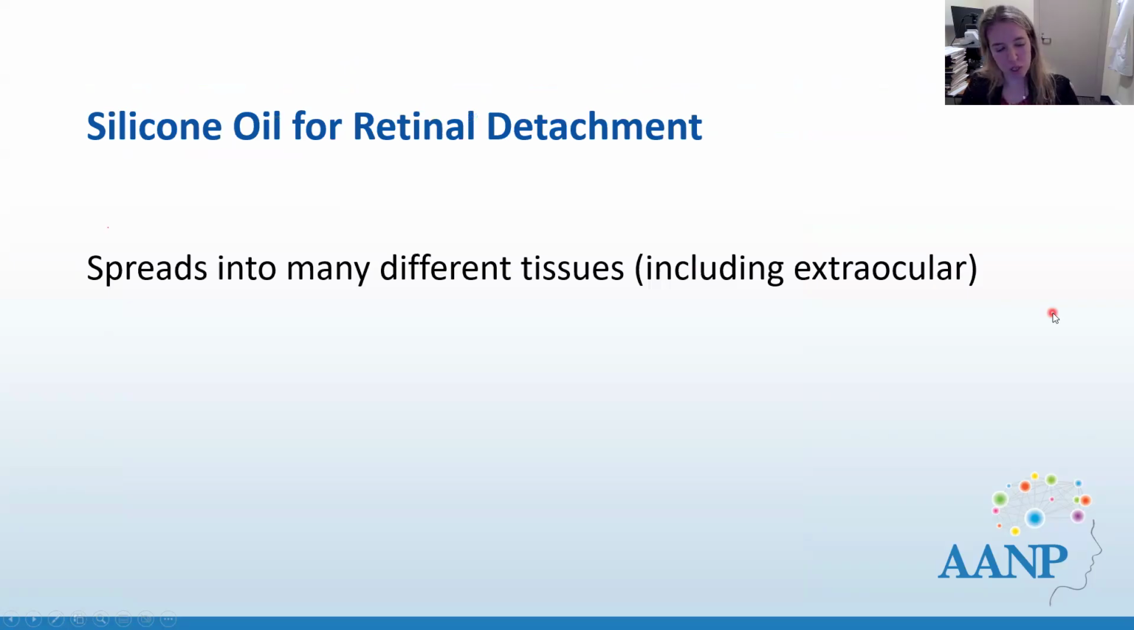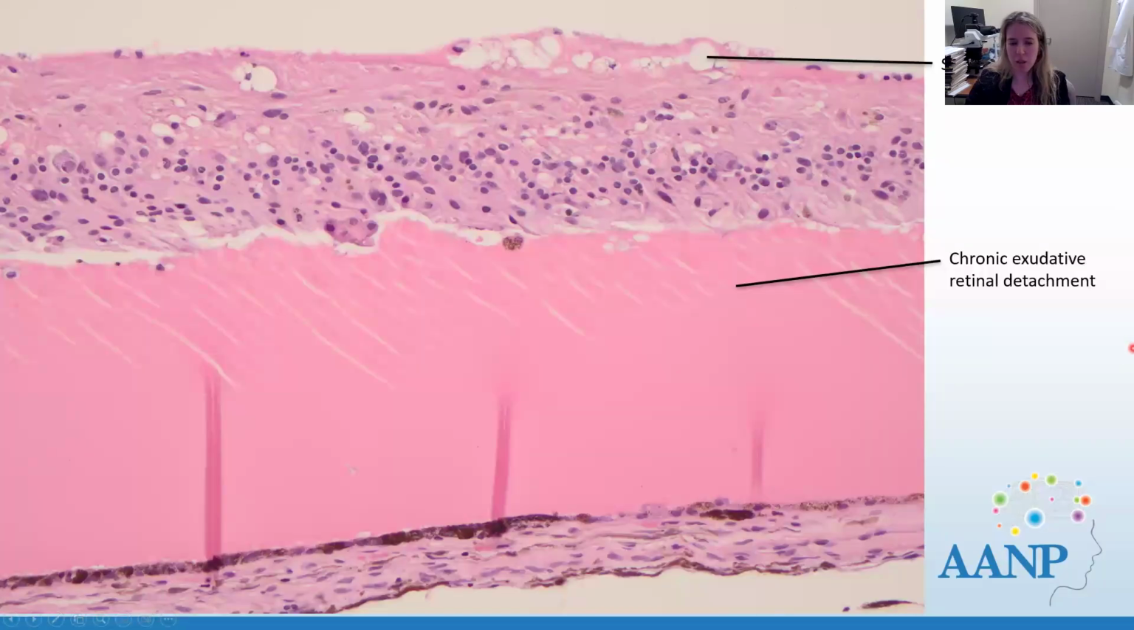And the last thing I just wanted to touch on for 2 minutes before we jump to questions is silicone oil that's used for retinal detachments. It can spread into many tissues, including outside of the eye when it's injected in the eye, and we often see it histopathologically. So here's a place where there was a retinal detachment and silicone was used, and you can